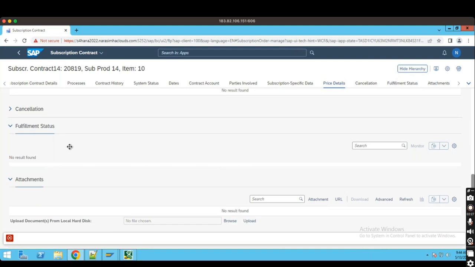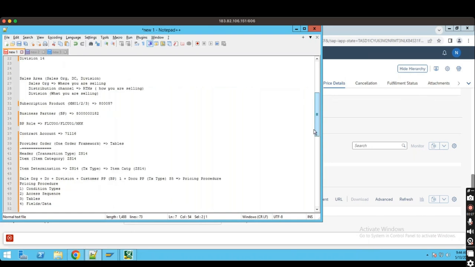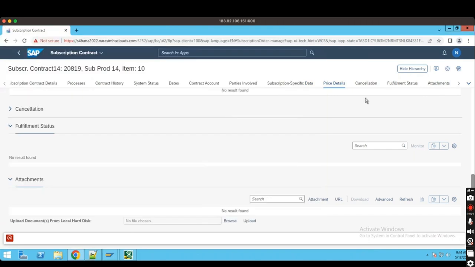So this fulfillment status, we call it as ODI. These are all called ODI steps. Right now, it is blank. Okay, let's go and see how do we make this contract, how do we distribute this contract, and the required configurations